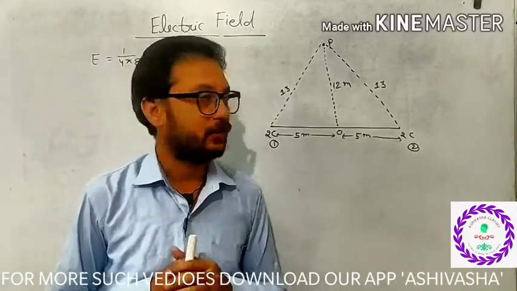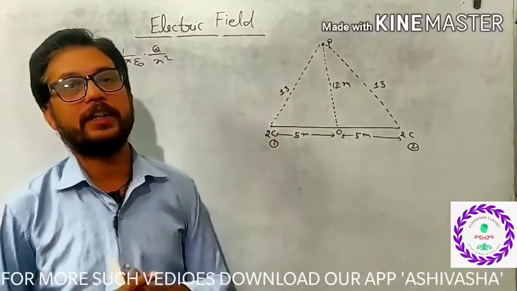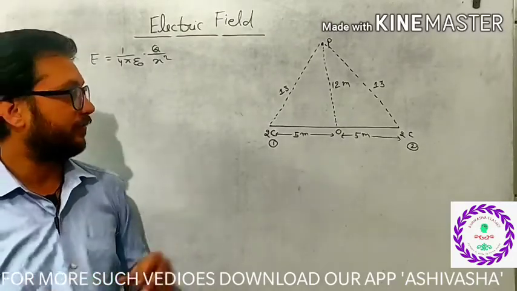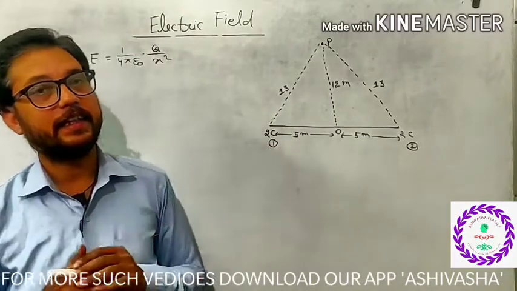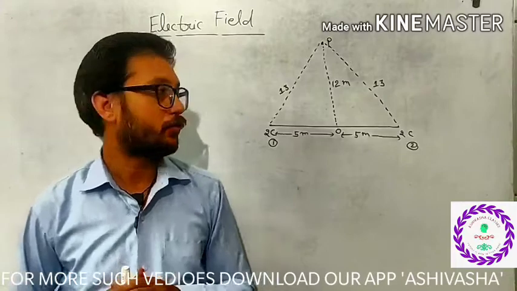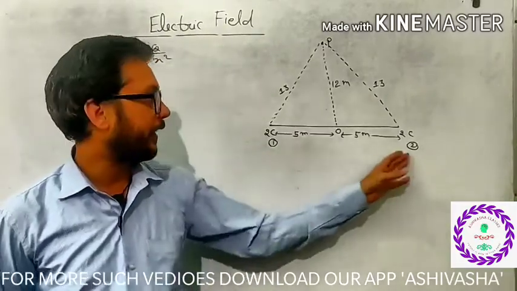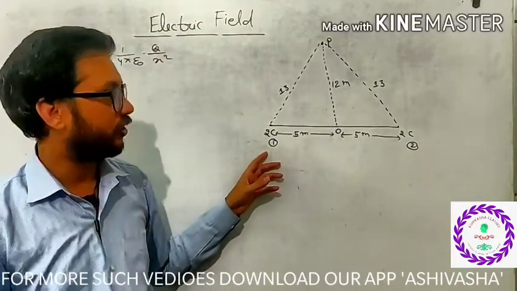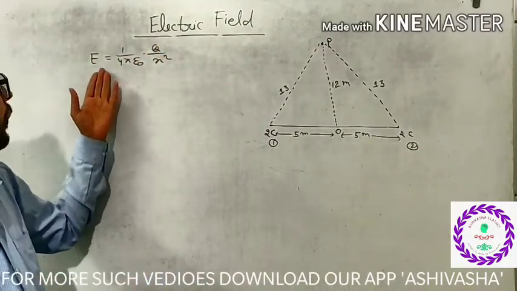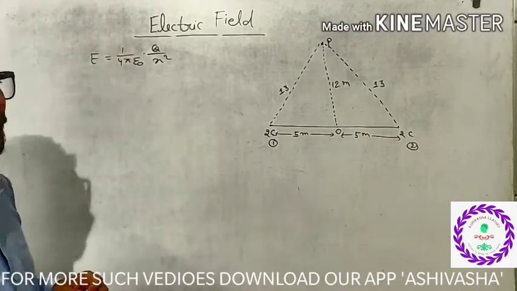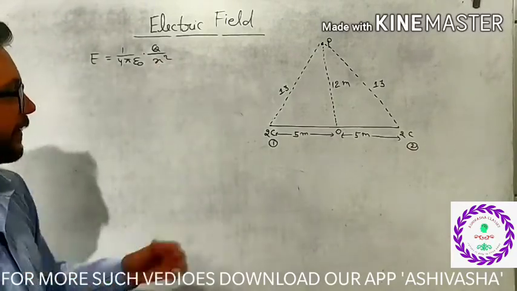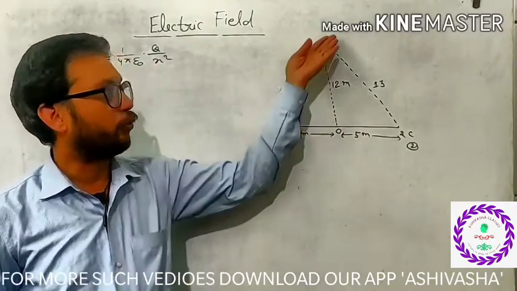As we know, the electric field at any point is due to the individual charges. So if here we have two charges, it means at the point P there will be two electric fields. First of all, as I have written here, this is supposed as the first charge, this is supposed as the second charge. The electric field is given by E equals 1 upon 4 pi epsilon naught, q upon x square. Now what is x? x is the distance from the charge to the point.